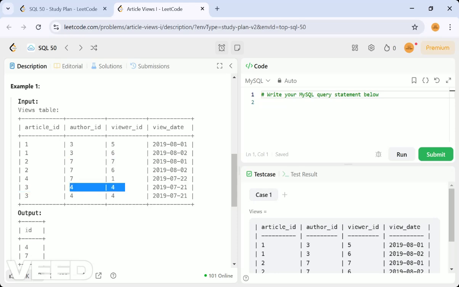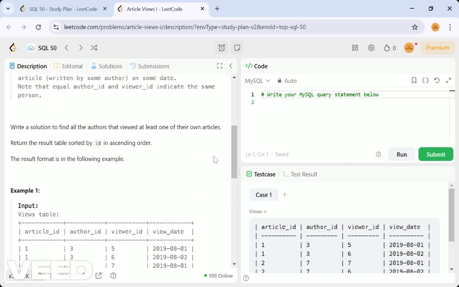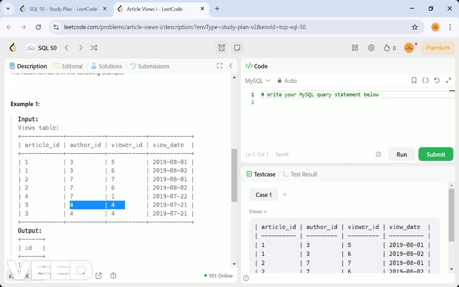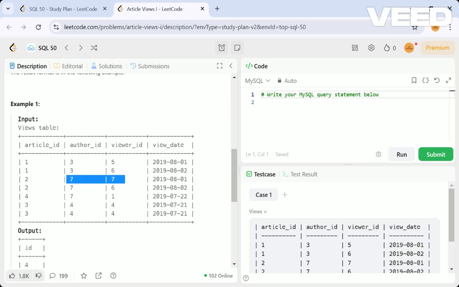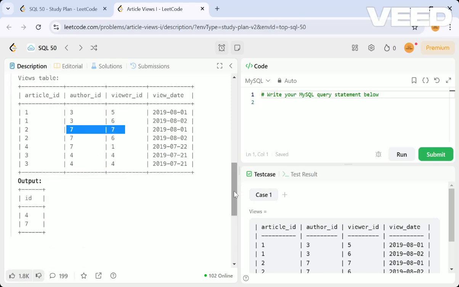They are asking for the author ID, not the article ID. So the fourth person and the seventh person have viewed their own articles. So 4 and 7 will be the output, the IDs of the persons who have viewed their own article.